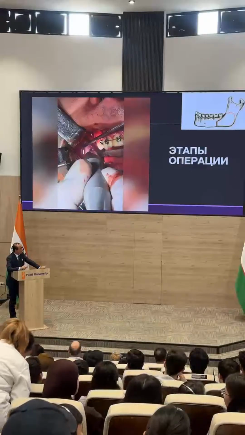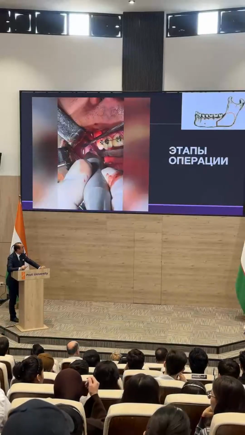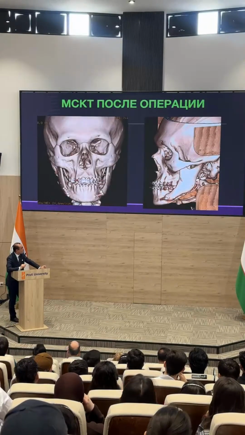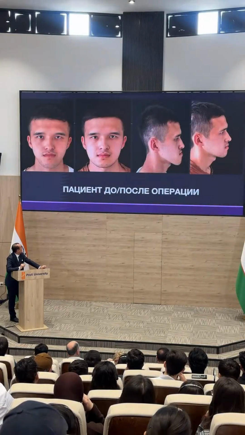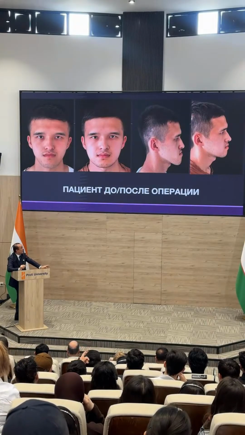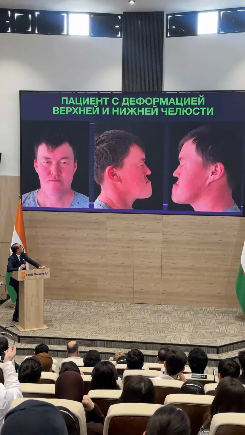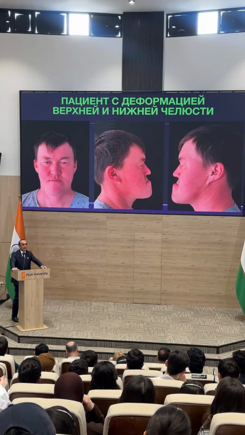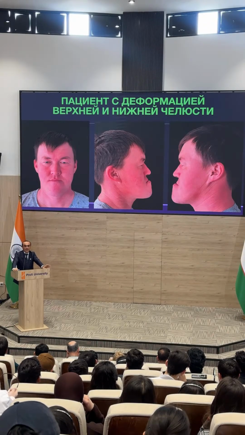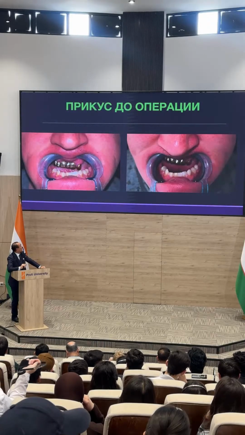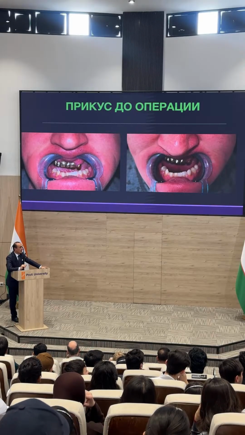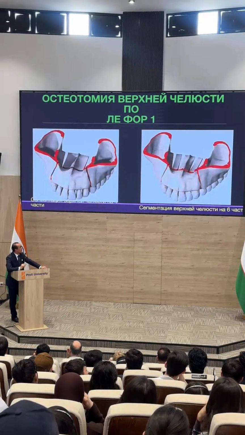This is skin. On the skin, you can see here the corticotomy on the angle of the mandible. After fixation, before and after surgery, you can see the right side and back, front side and back side. Also, some defects, deformities of the jaws. The indication for the surgery is bimaxillary osteotomy. For deformities of more than 3 centimeters, we do bimaxillary osteotomy.